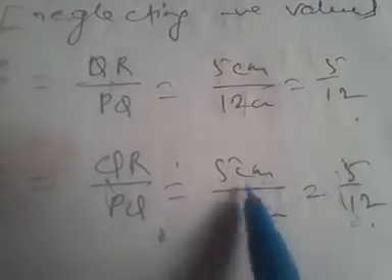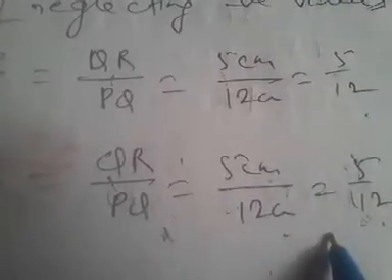Tan P is equal to P by B, which is equal to QR by PQ. For angle P, perpendicular is QR and base is PQ. The value of it is 5 centimeter by 12 centimeter, which is equal to 5 by 12. Similarly, cot R is equal to B by P. For angle R, base is QR and perpendicular is PQ, so the values of QR and PQ give 5 centimeter by 12 centimeter. Again it is also 5 by 12. So when we find the difference of tan P and cot R, we get 5 by 12 minus 5 by 12, that is equal to 0.